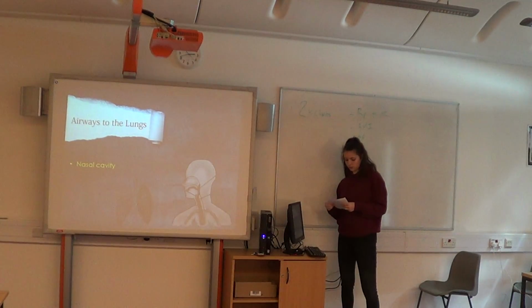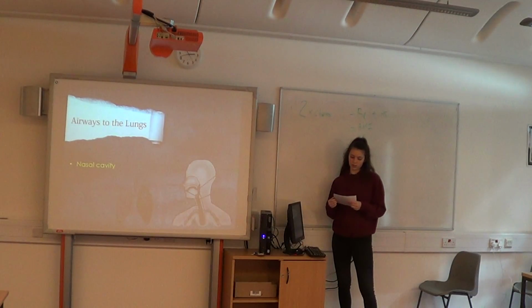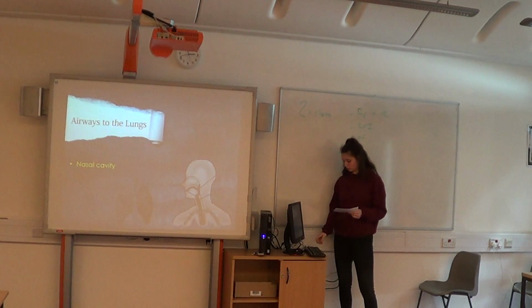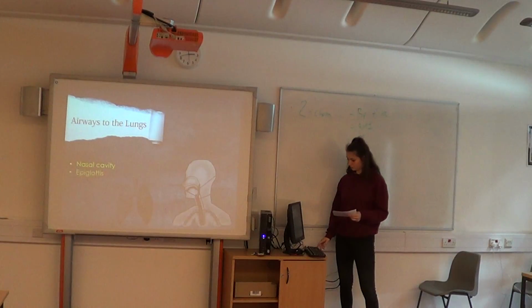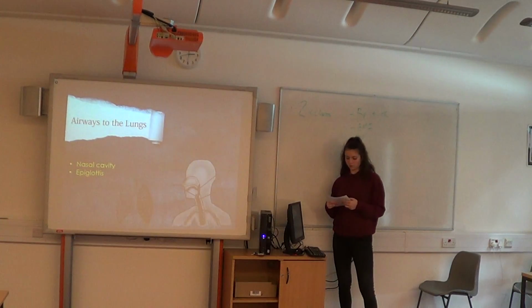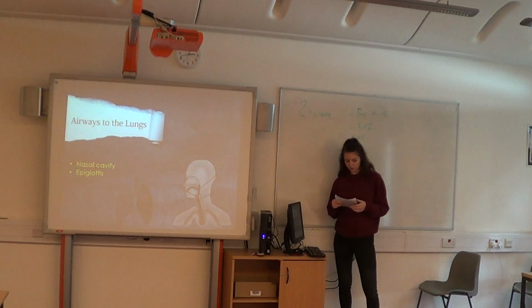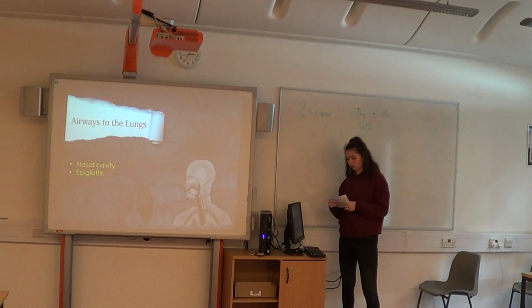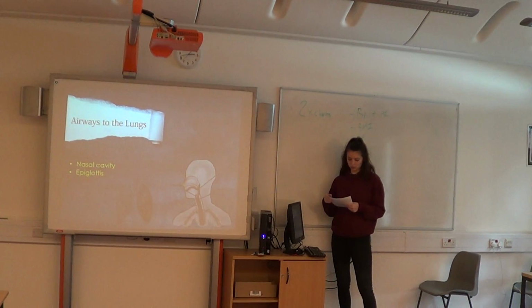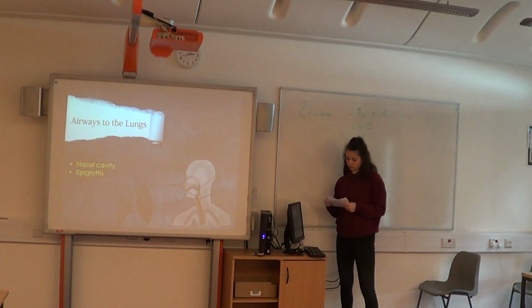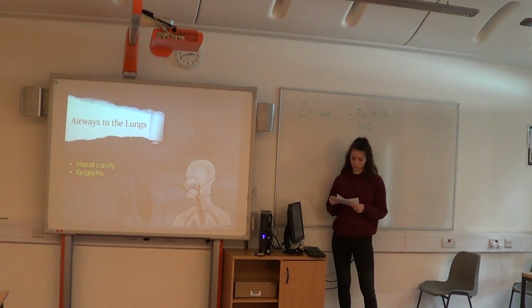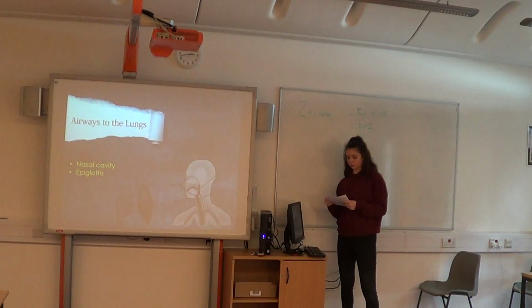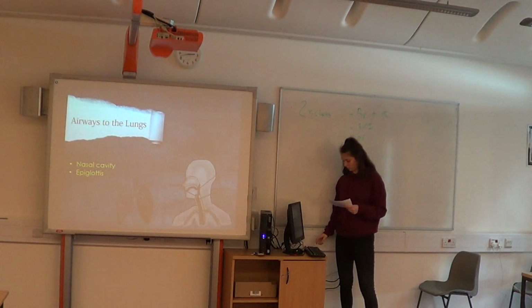And the rest of the cavity is lined with mucous membranes which secrete antibacterial enzymes to destroy any dust that does get through. Then we've got the epiglottis, which is a flap of cartilage which sits at the top of the larynx, and it covers the esophagus when we're breathing, and when we're swallowing, it covers the trachea. That just means that food and air doesn't go down the wrong passageways, and it will prevent infection in the